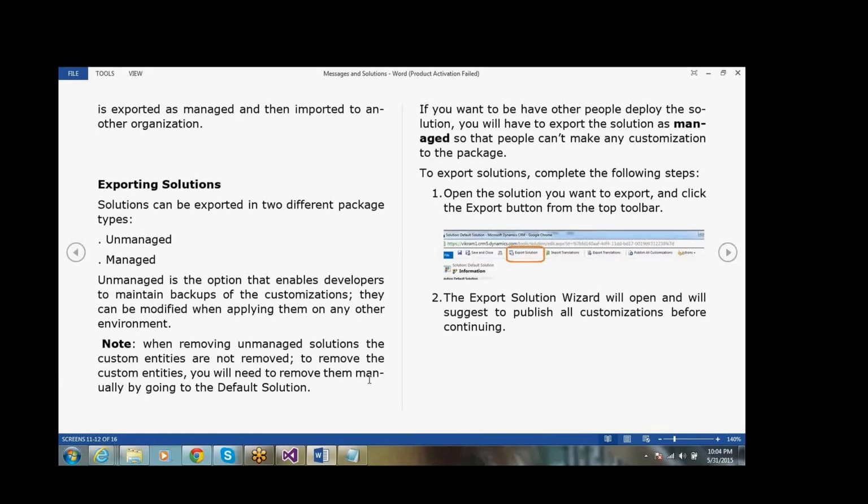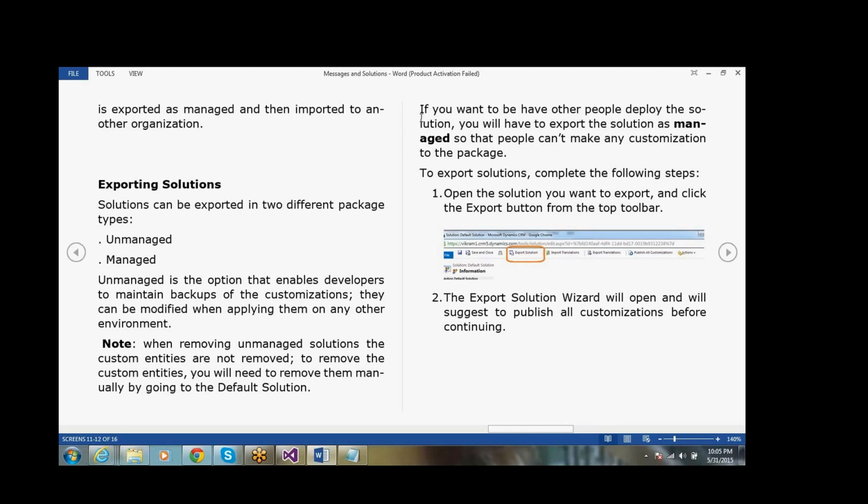Okay. So for example, you want to delete the unmanaged solution. The custom entities won't be deleted. First we have to go to the default solution and delete there, so that then only it will be deleted in the solution, okay.